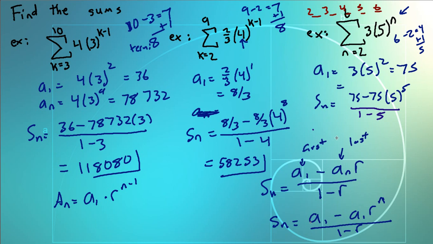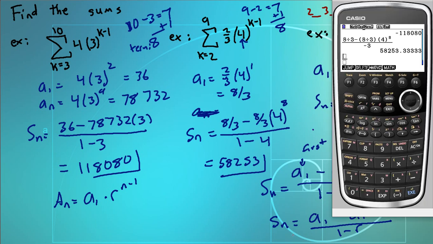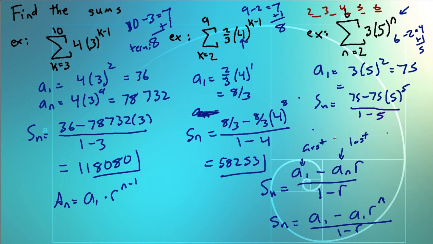Okay, so 75 minus 75 times 5 to the 5th, all over 1 minus 5. 58,575. All right, that wraps up this